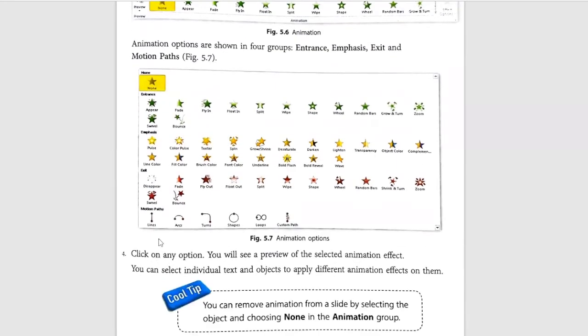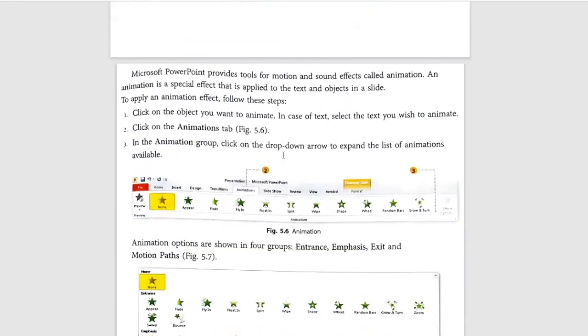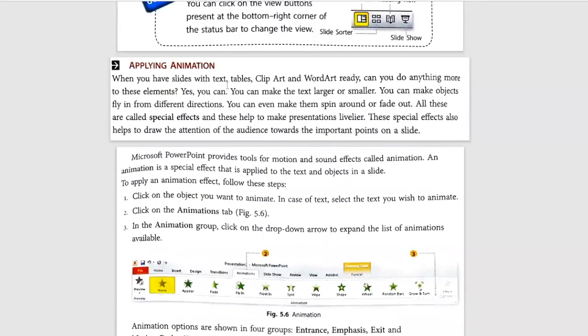You will see a preview of the selected animation effect. You can select individual text and objects to apply different animation effects on them. This is how to apply animation in a slide or in our presentation.